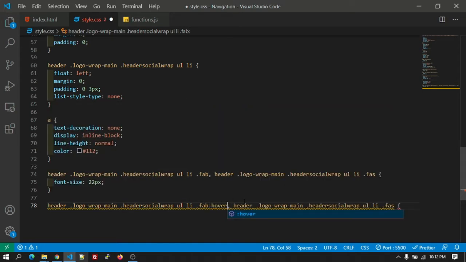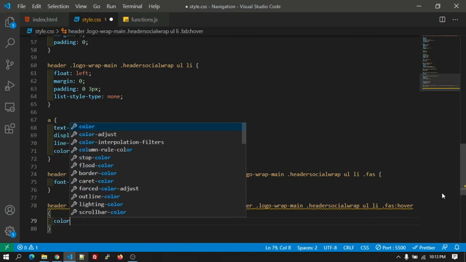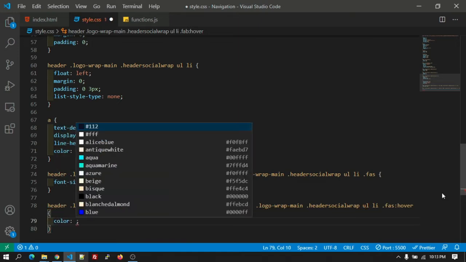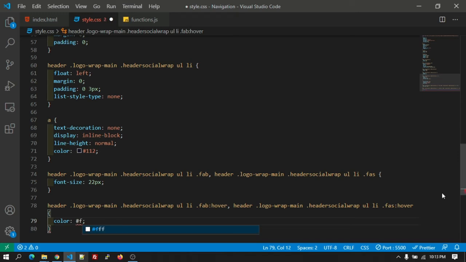After that, let's add the hover, and over here let's add the color as F15B5B.